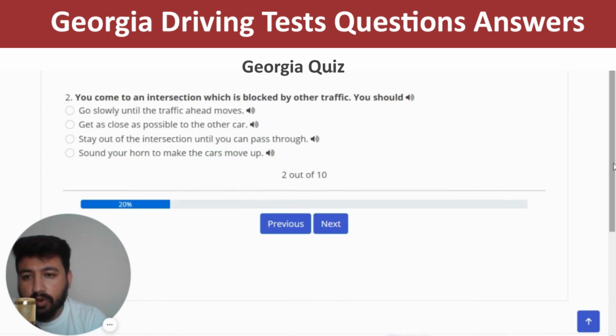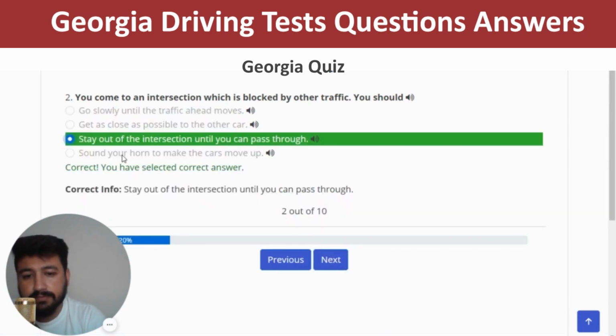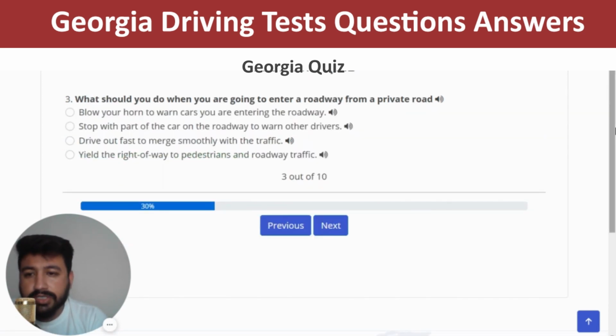The second question of quiz number 4 is, you come to an intersection which is blocked by other traffic. You should. The right answer of second question is stay out of the intersection until you can pass through. So I'm going to click on the third option. Yeah, next. The third question is,